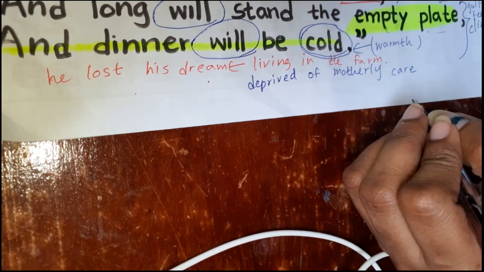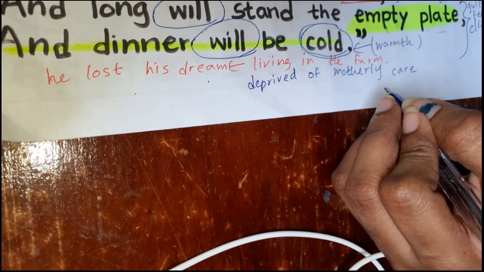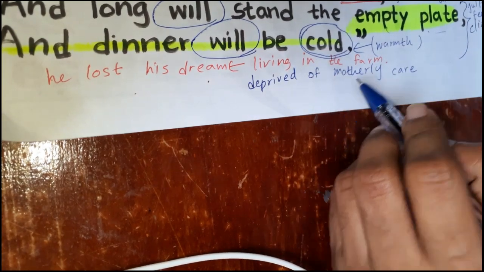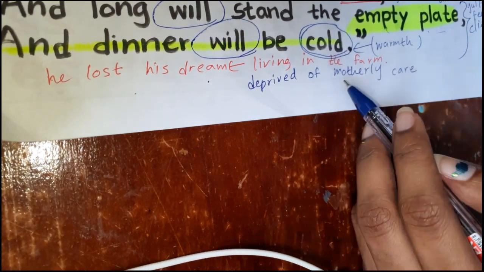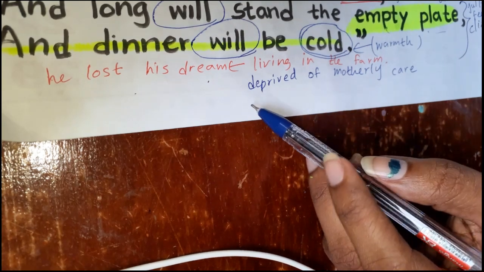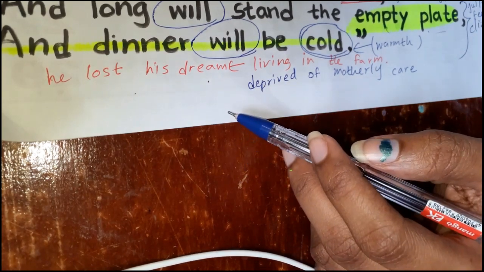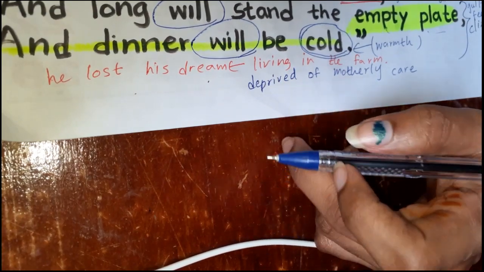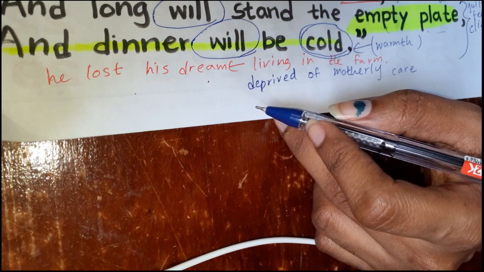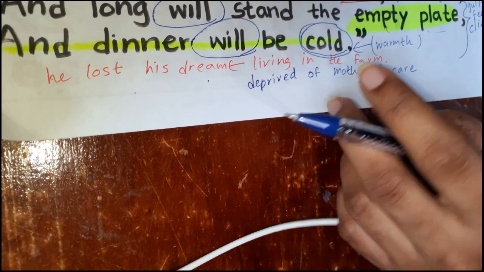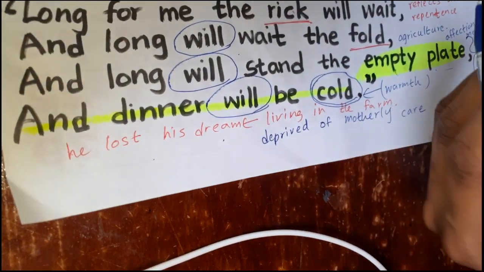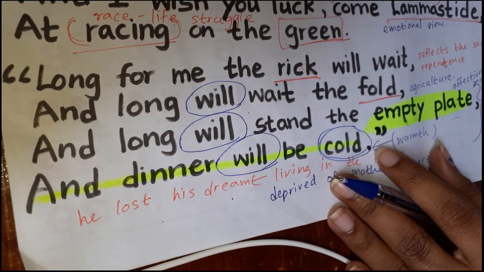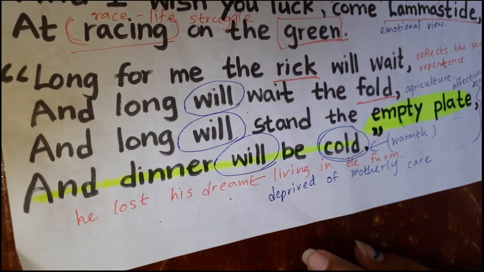Now, after leaving this place, his dream was to be on this farm, and he always had the care and love of his mother, but now he's going to be deprived of all these things. Even he had a brother and all these things. So now he's going to be absent from the place where he was born and grown. So now he is actually repenting over what he has done.